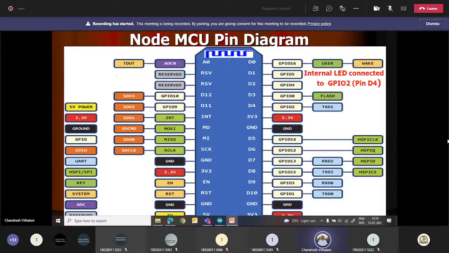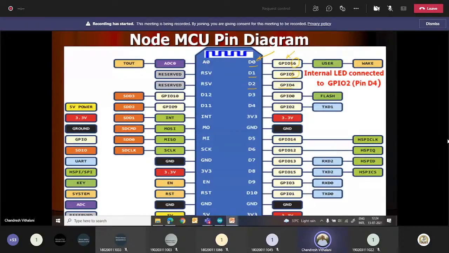The only thing you have to notice here is that whenever D0 is written, in a program we write the number specified by GPIO. So whenever you write 16 in a program, that 16 doesn't mean pin number 16, but it is the D0 pin. D0 is mapped with GPIO 16, D1 is mapped with GPIO 5. So while writing a program, we will refer to this number, 5.